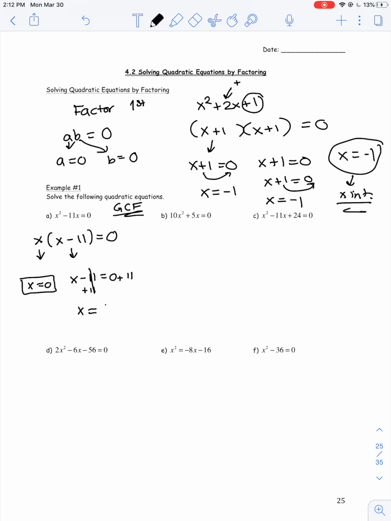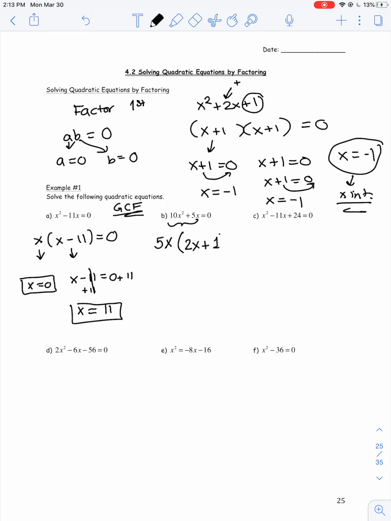But this one, we're going to have to add 11 on both sides to get x alone, which means that 0 plus 11 is 11, so x could also equal 11. So these are the two solutions or two x-intercepts to the equation. Over here, we're going to take out the common value, so they both can be divided by 5, both terms, and they both have an x in common, so you're going to divide out the x. That leaves me with